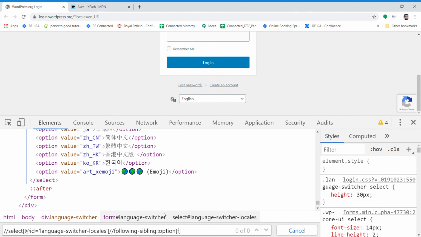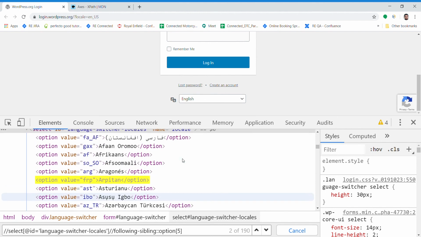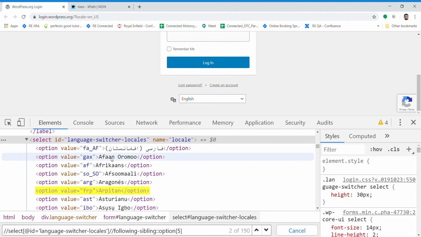There is no such method of first and last, right? If you wanted to use the fifth one, boom, come here: first, second, third, fourth, fifth. What is this? Why are we not able to find the fifth one? Locate following-sibling, option number 5. First one is this, second is this, third is this, fourth is